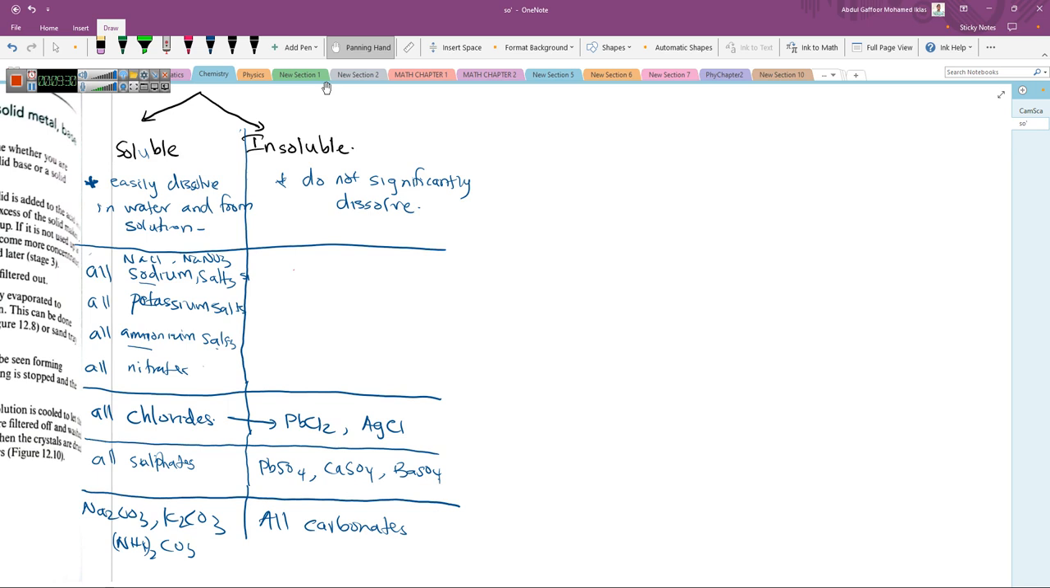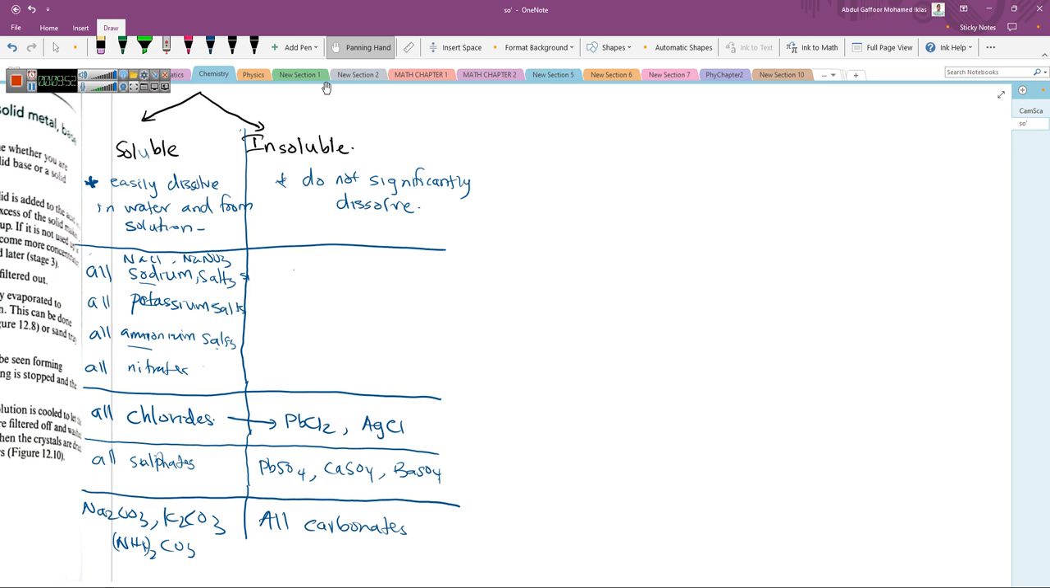Okay, right? So only lead sulfate, calcium sulfate and barium sulfate will be insoluble, and the rest of the sulfates will be soluble, and sodium carbonate, potassium carbonate and ammonium carbonate. Alright, so only these carbonates will be soluble and the rest of the carbonates will be insoluble, right? Okay, now